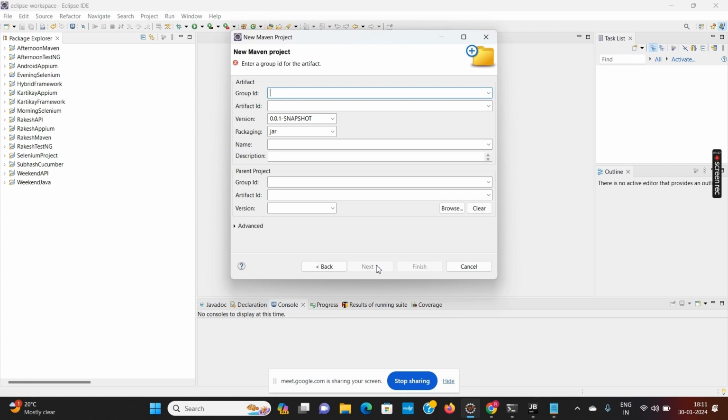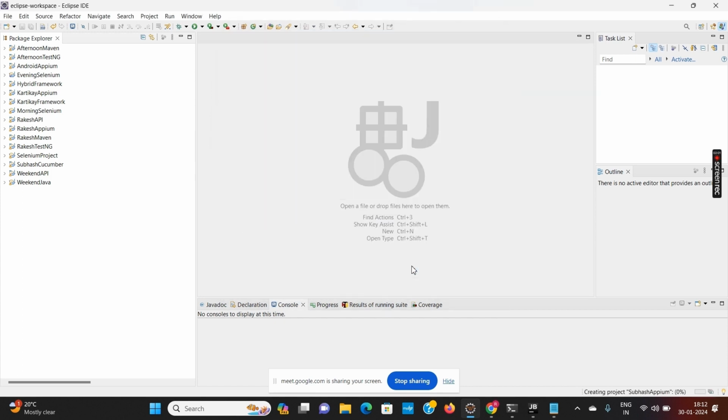Next, say Subhash Appium, any name you can give. Parent project empty. Click on finish and we have created a Maven project.